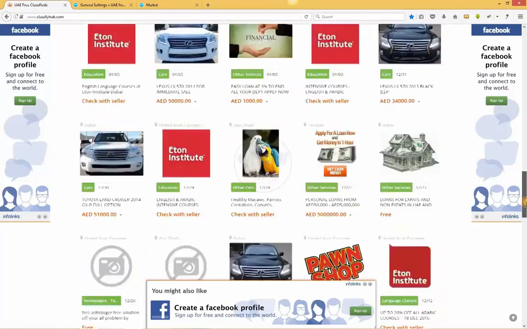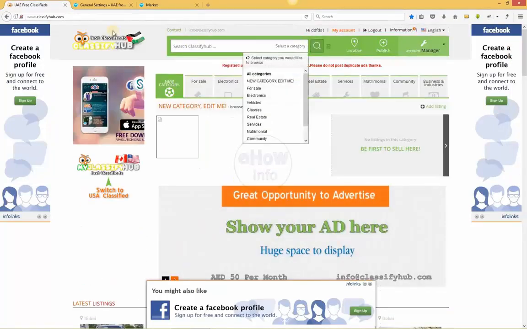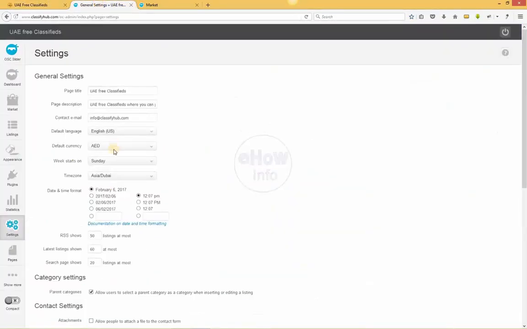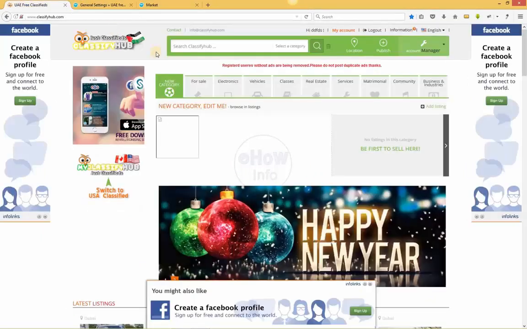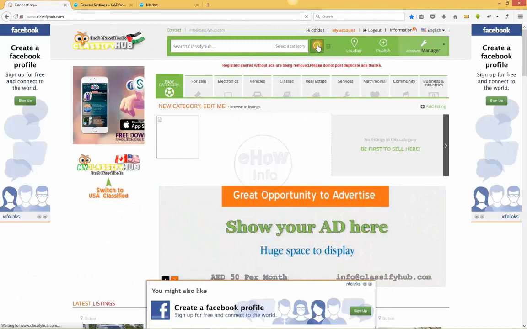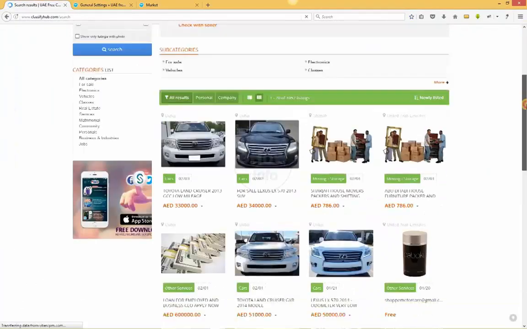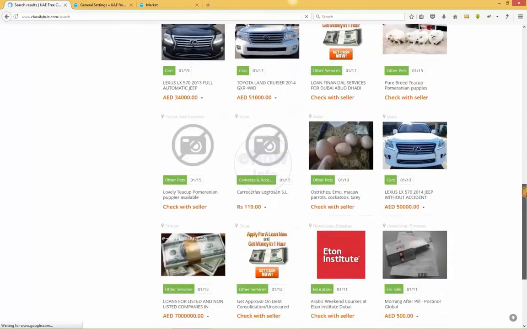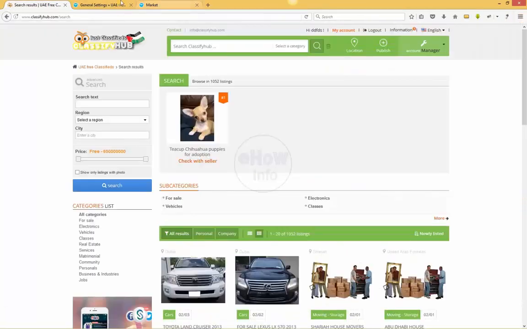You can see here these are 60 I'm showing, and search page show 20. So if I click on search, it will give me the results of 20. Okay, 20 listing.